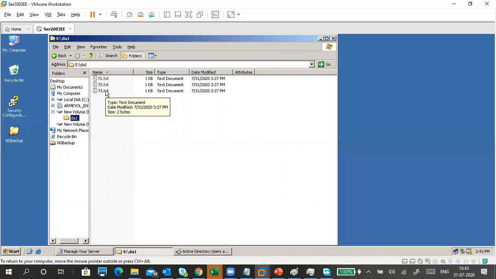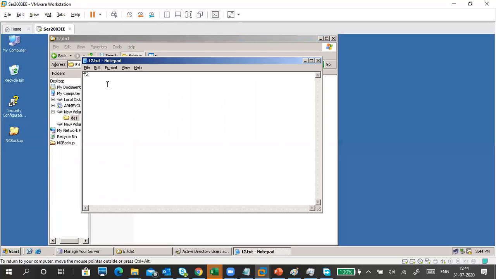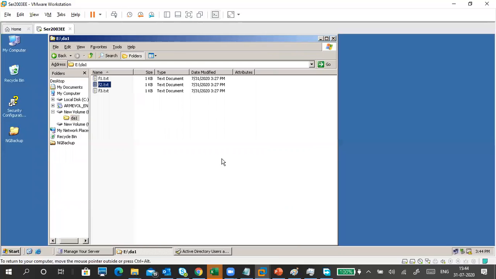If I modify a file, I am going to modify my F2. In F2, I said hello. Just modifying F2. Now, can you see? After modification, you got an archive attribute.